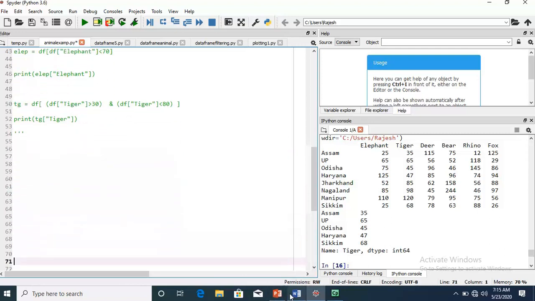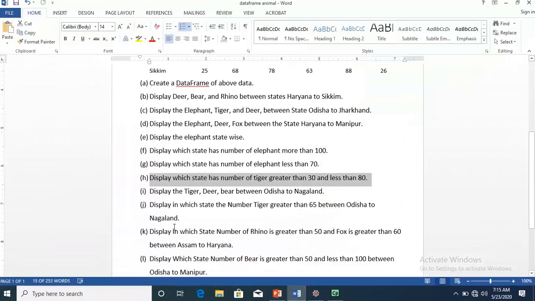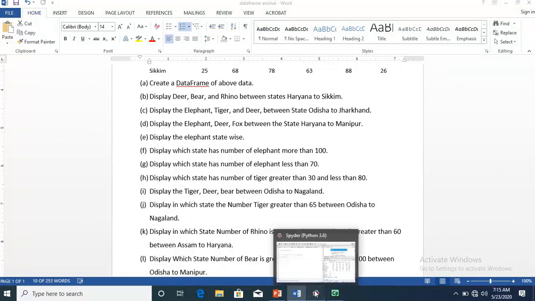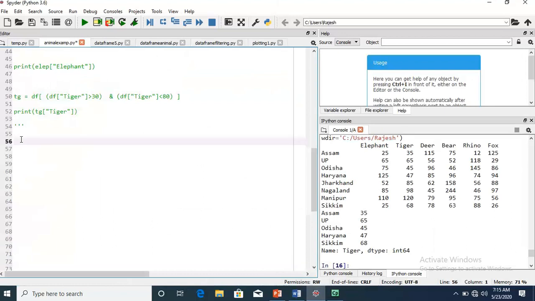Our next question is, you just see, display the tiger, deer, bear between Odisha to Nagaland. Okay, this is a very simple question. This is only for your revision.